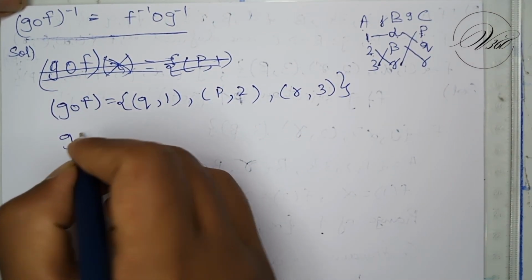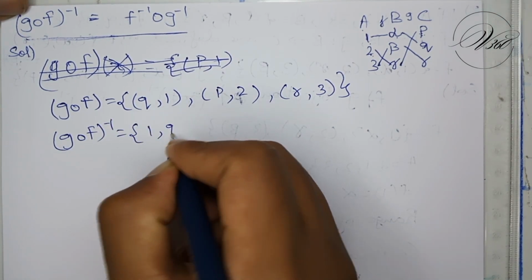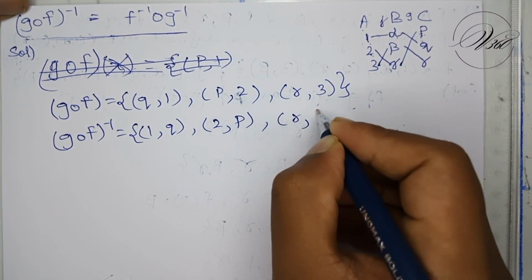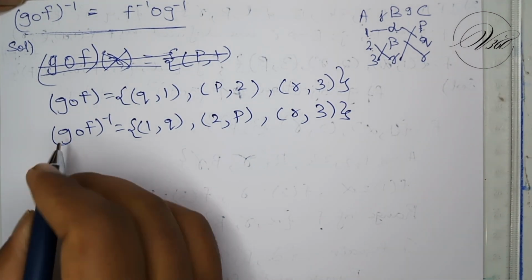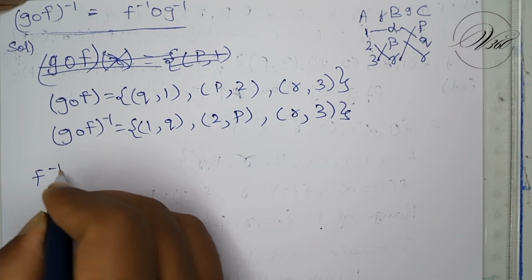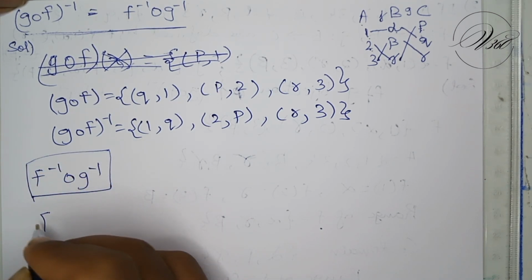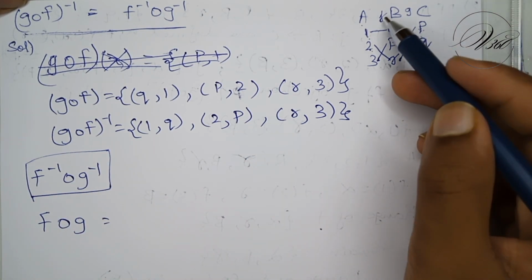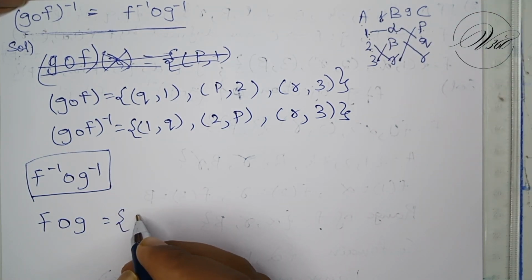Now G of F whole inverse is 1 comma Q, 2 comma P, and R comma 3. Okay, now we'll find out F inverse of G inverse. To find F inverse of G inverse, we should first find F of G. F to G, no, F to directly G, that is 1 to Q, 1 to Q,